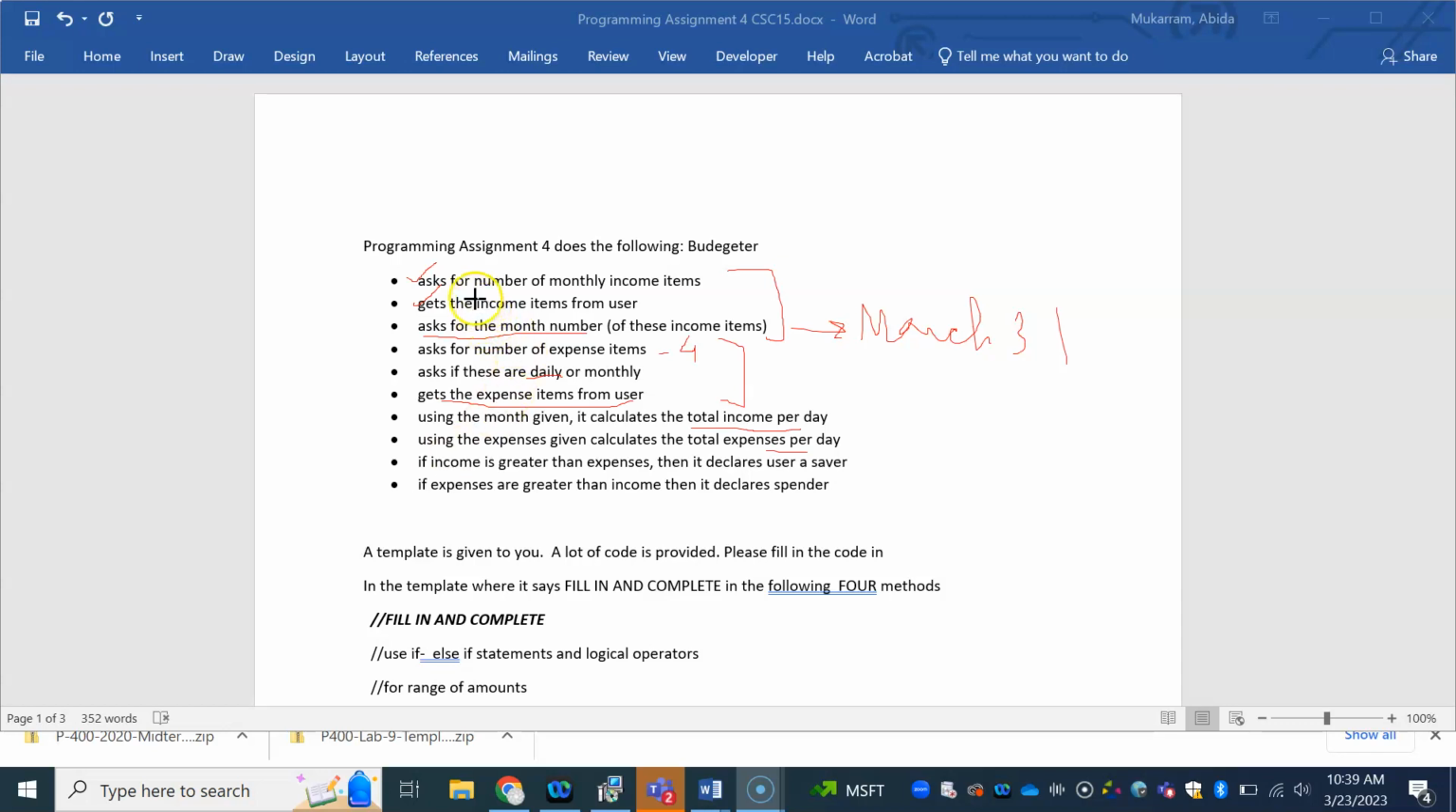What the program does is it asks for the number of monthly income items. So this could be, you've got income from many sources. You've got financial aid coming in. You're also working somewhere. So let's say you've got 3 income items. Then you will say 3 here. Then it gets the income